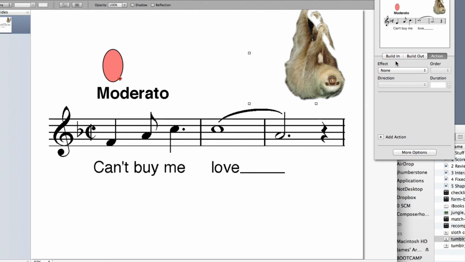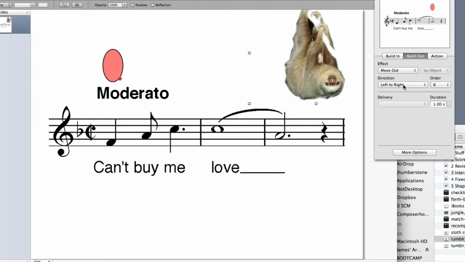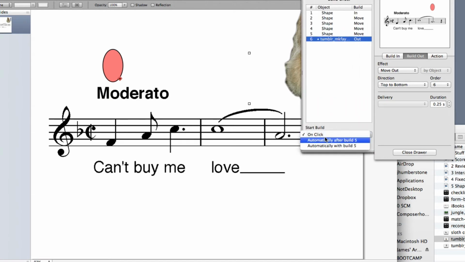So I can just add this is going to be a build out action because it's going to drop off the screen, and I can then choose, he says, trying to think exactly, move out, there we go, and I want it to go down from top to bottom. There we go, and I want it to go pretty fast. Yes, here it's going to drop out really quickly, and I could even, if I wanted to be really hilariously amazing, just make sure that's going to happen automatically after build 5, I could even have it turn into, at